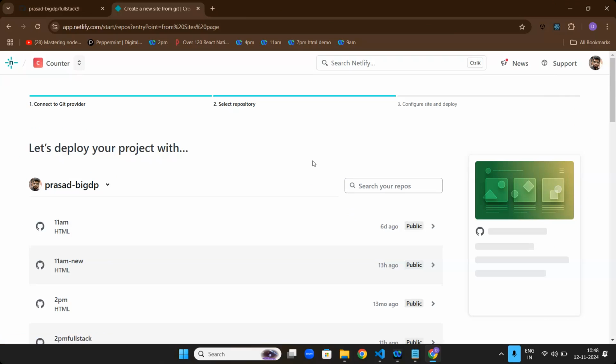What is the advantage in this? The advantage is if tomorrow you make one change in the website, you push it into GitHub and automatically it will change here also. If you deploy manually, every time you change, you have to deploy it again and again. But this one has connectivity. Is it clear, ma'am? Yeah.